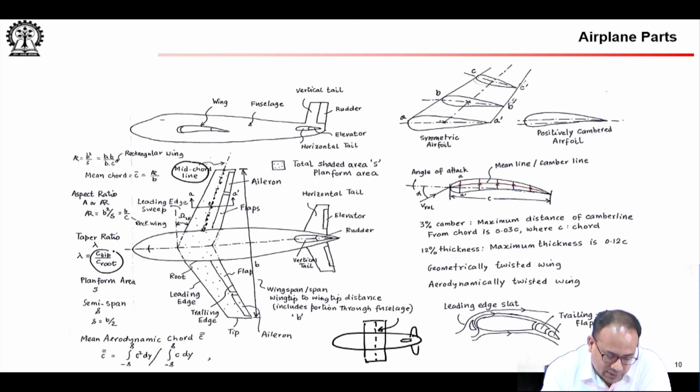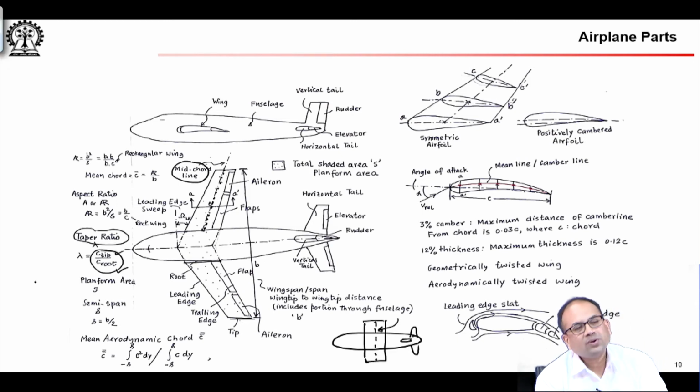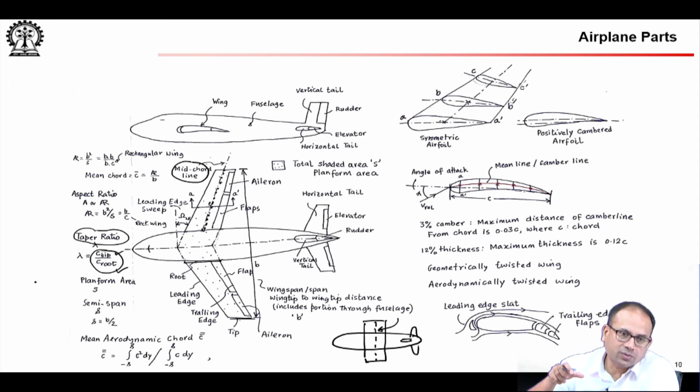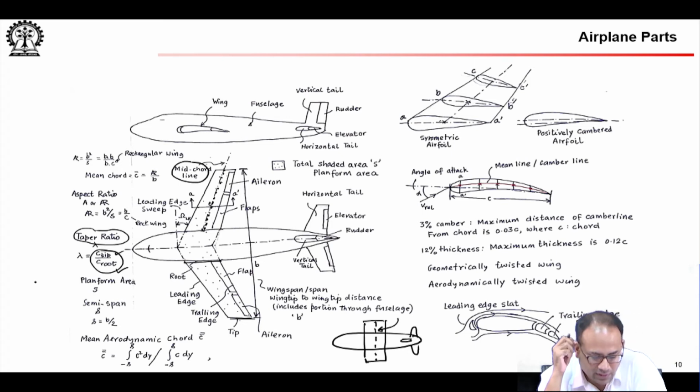This term is known as the chord at the tip of the airfoil by chord at the root of the airfoil. So, this is the length of the chord at the tip, this is the length of the chord at the root, and this is given the name taper ratio. The thing is, when you talk about the design of an airfoil, you have to use some words, because you have to say what is the taper ratio to even make sense of whether the wing has the same chord all throughout, or a different chord at different distances from the fuselage, etc.